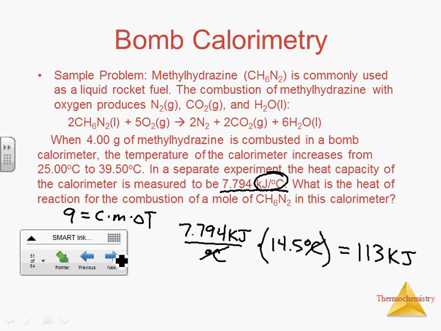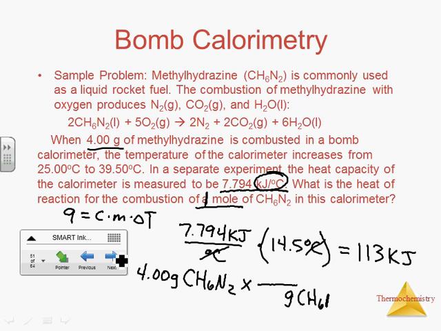Now they want to know the heat of reaction for the combustion of a mole, in other words, 1 mole of the CH6N2. We just combusted 4 grams of it, so now we have to figure out how many moles that was. So 4.00 grams of the methyl hydrazine, CH6N2, we change that to moles. We've got 12 plus 6 plus 28, which gives us 46 grams in 1 mole. So we take the 4 divided by the 46, which gives us about